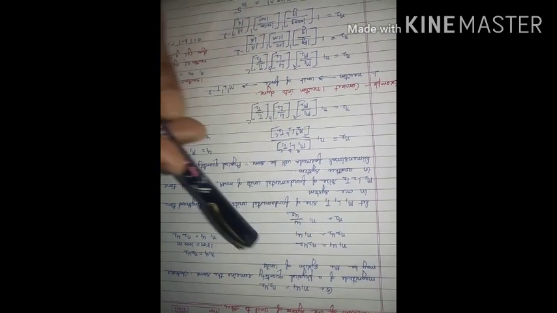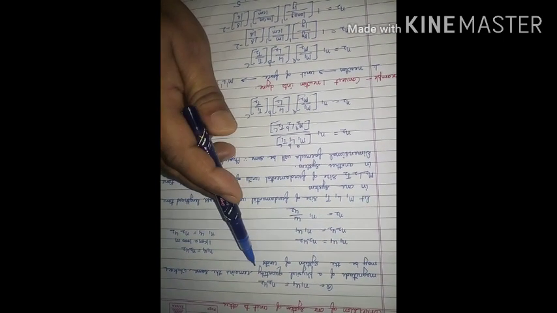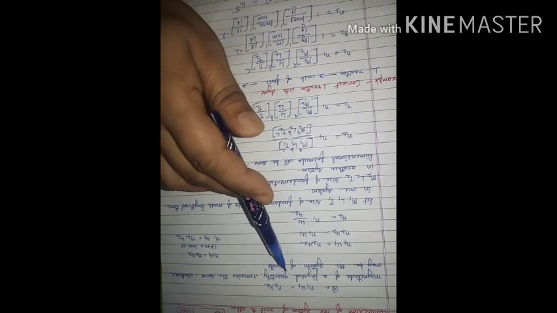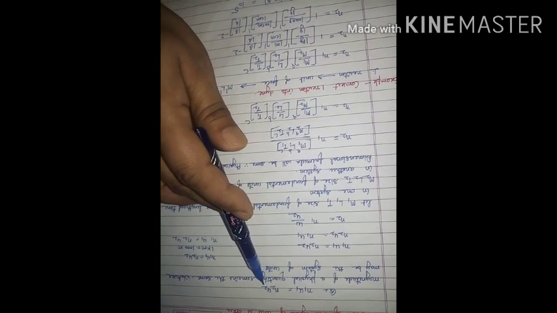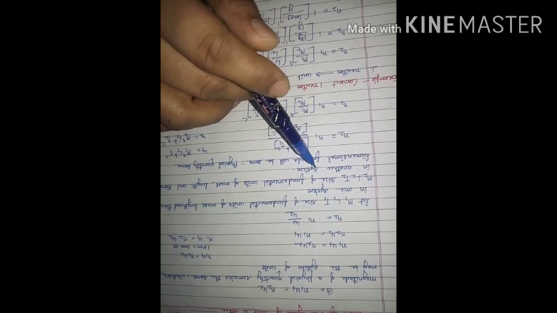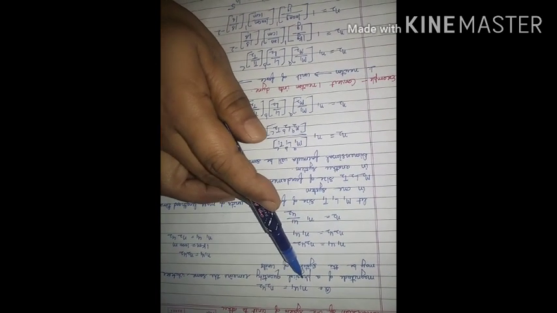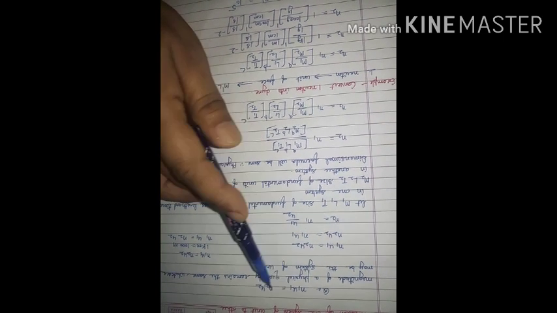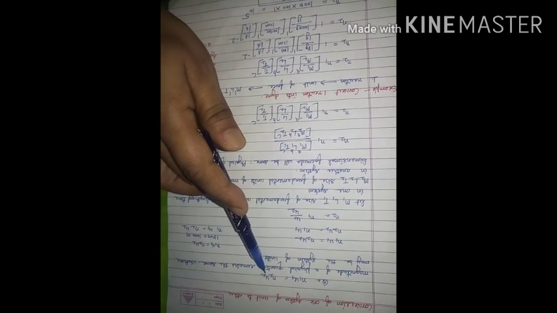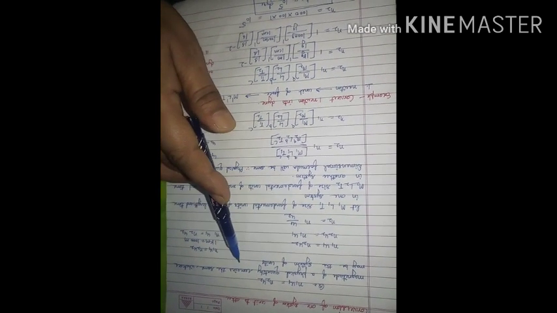This we have already done. Q is equal to N1 U1 is equal to N2 U2. It means magnitude of a physical quantity is equal to N1 U1, that is equal to N2 U2, where N1 is representing the number and U1 is representing the size. Similarly, N2 will also be number and U2 is representing size in another system.